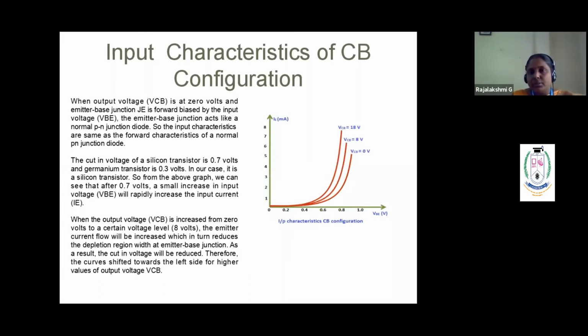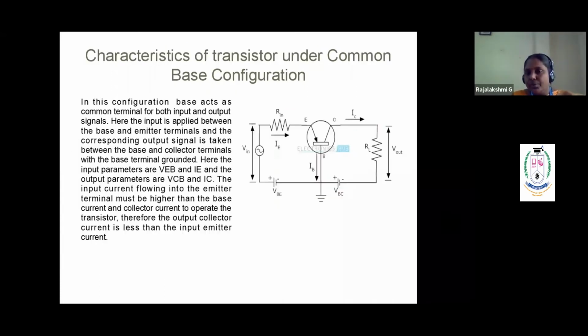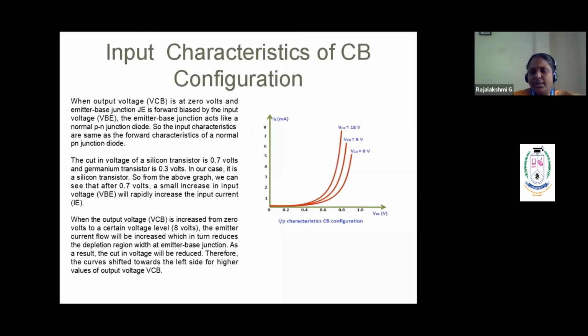But one more thing, the reverse bias is there, no? The output part, VBC, or you can say VCB, which is a reverse bias, should be set to 0, 2, 3, anything according to our wish. The reverse bias voltage can be set and for a set of readings it should be fixed. Say for instance, I'm going to vary the emitter base voltage from 0 to some volts. First, you have to keep VCB as 0 and take a set of readings. Next, in the same way, set VCB higher than 0 and take the readings. Plot the curve between VBE and IE.